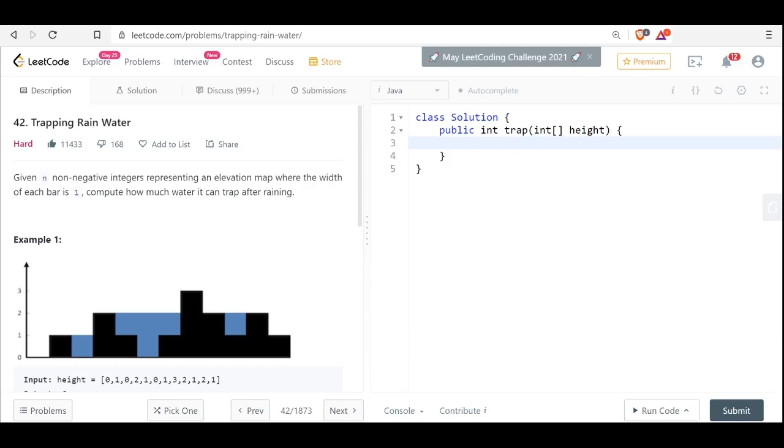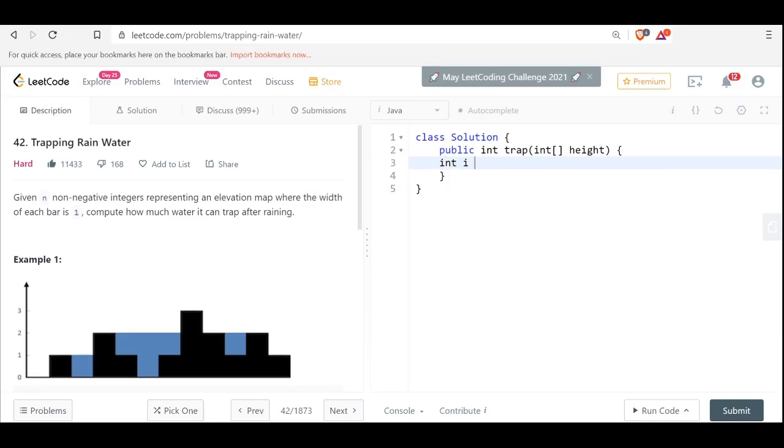So let's try to write the code. I'll start from here.